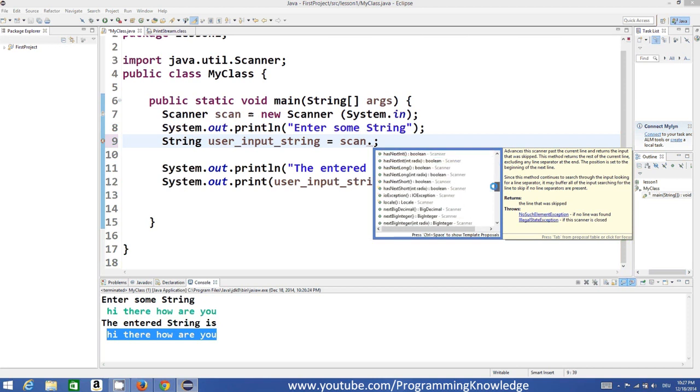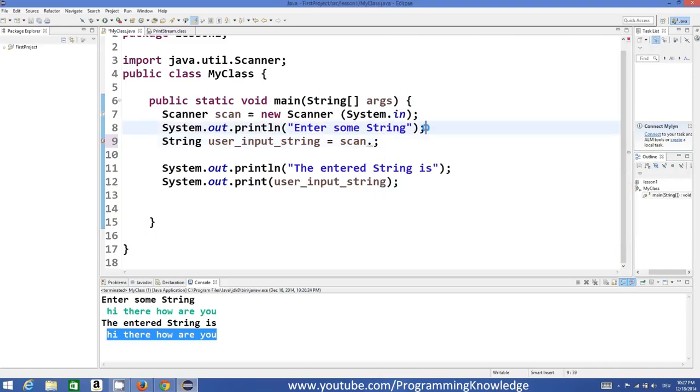There are functions like next boolean, which can take a boolean value, next big decimal, next big integer, next byte, next float. Whatever data type input you want to take, you just need to use the corresponding next function. I hope you understood the basic concept of taking or scanning inputs from the user,